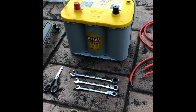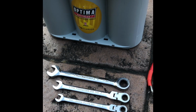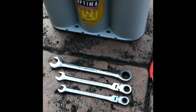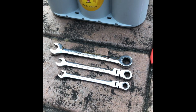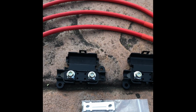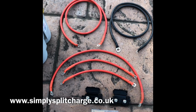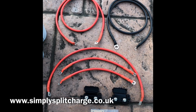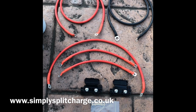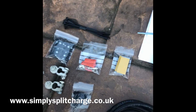So the only tools I reckon I'll need are a 30mm spanner for the battery clamps, a 10mm spanner for some of the bolts that I've got, and an 8mm spanner for the battery tie downs and the fuse terminals. These are the cables that I've got. Got these all as a pre-made kit from Simply Split Charge, which was a decent company to deal with. No issues there whatsoever. Everything's come, and even got a load of other little goodies. There's the clamps actually, and this